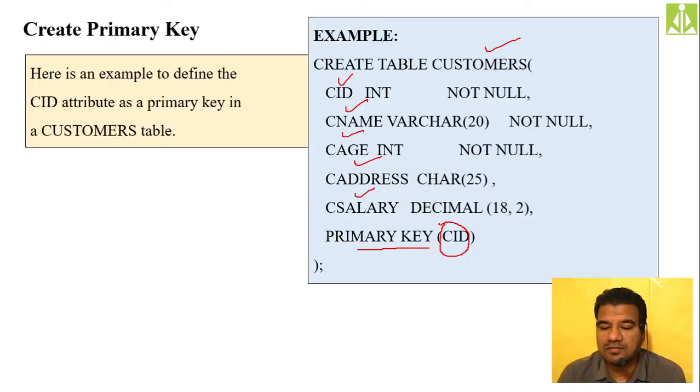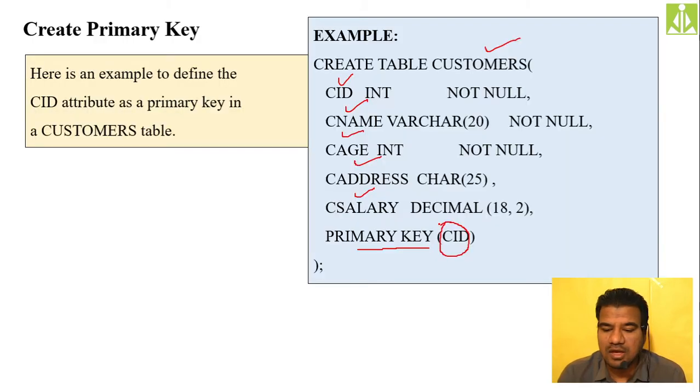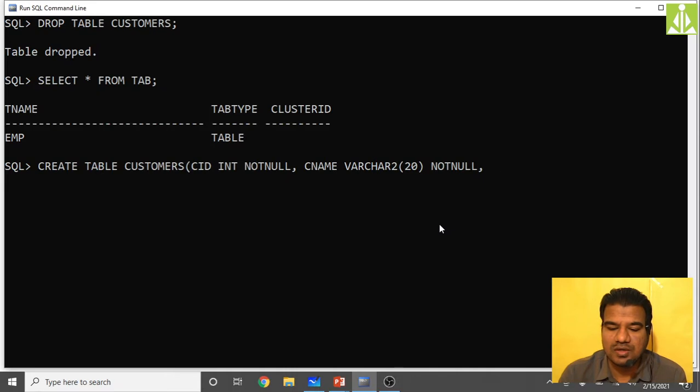Then we have CNAME varchar2 of 20, and this should be not null. Then we have CAGE int not null.